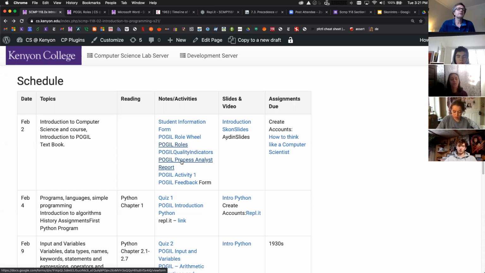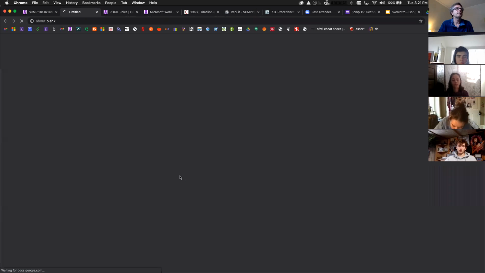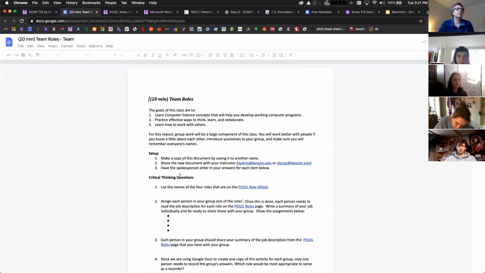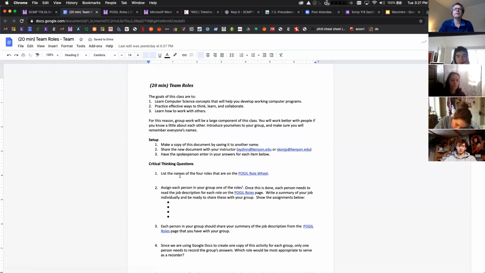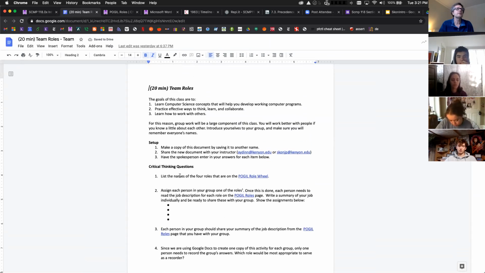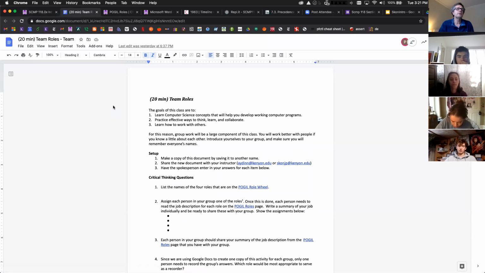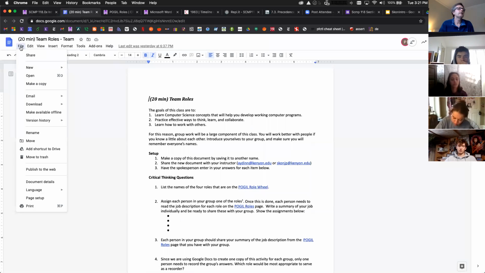So here's the thing. POGIL activity 1. This is the key. Now don't open this up yet. This takes you to a Google document that you can't change. But what you can do is make a copy, okay?